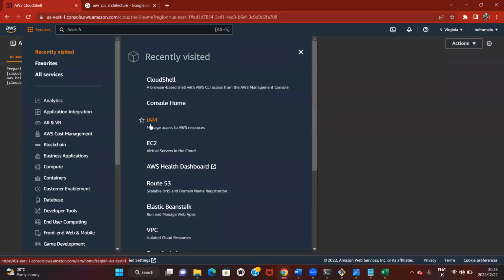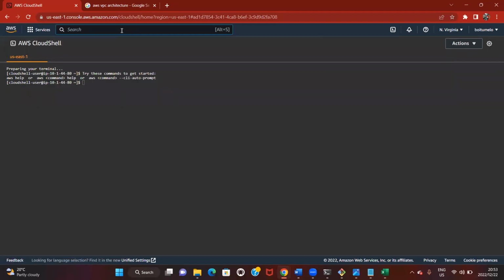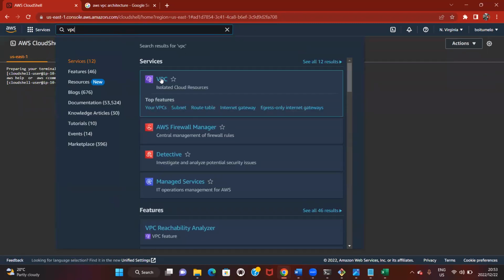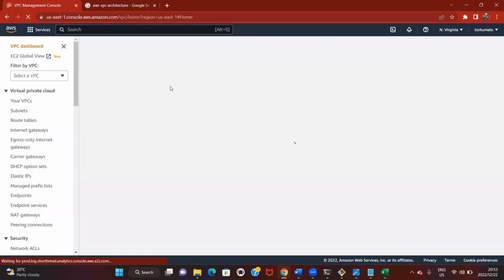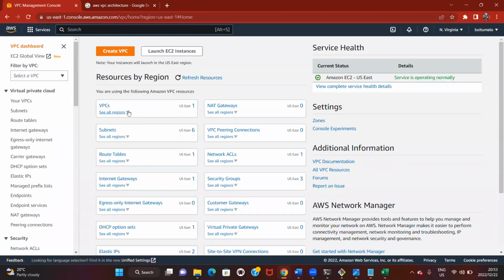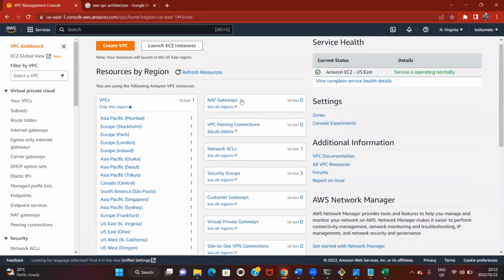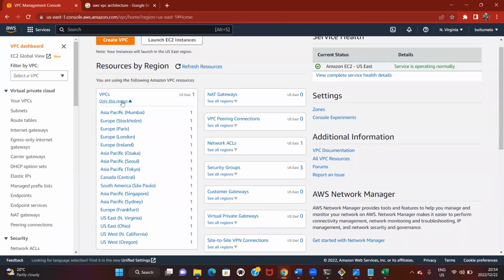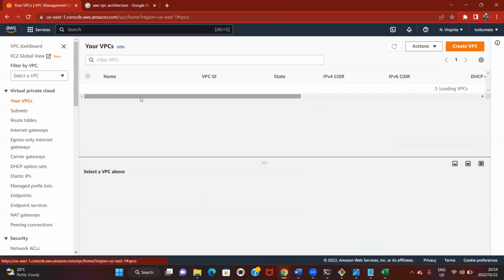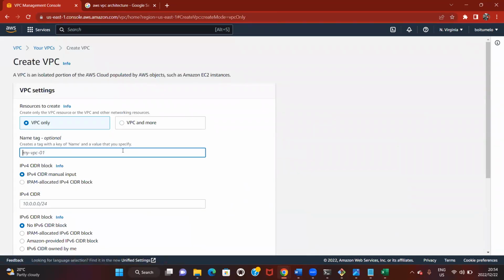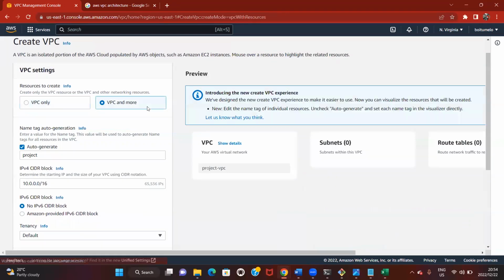Then yeah, let's get our hands dirty. So gonna come here, search VPC, and here's VPC. As you can see, by default every region has a default VPC. So we're gonna create our own. Since we're on North Virginia, US East 1, yeah, we can create all of them in one go, but